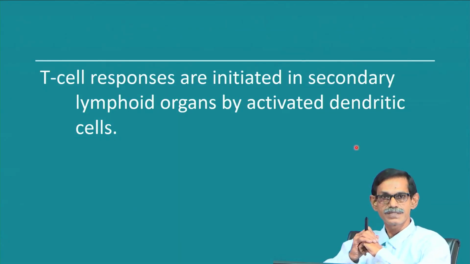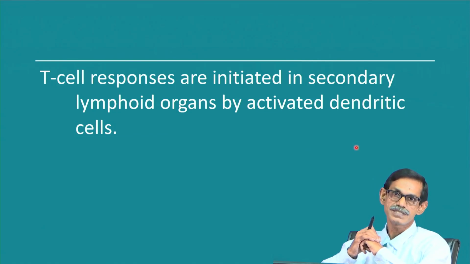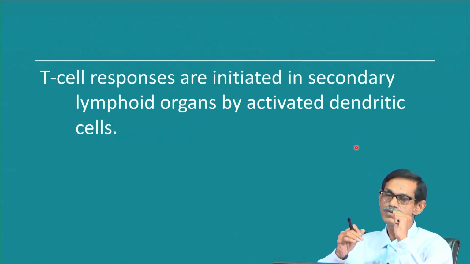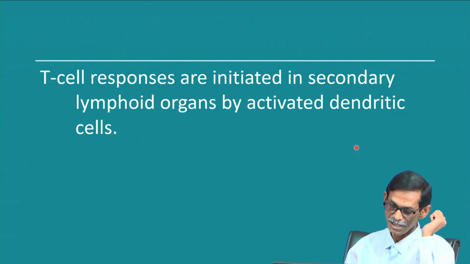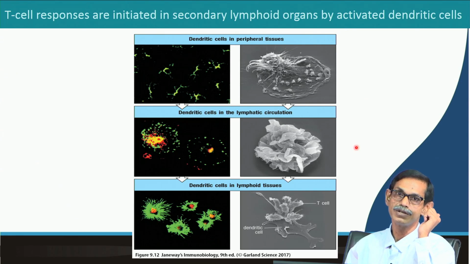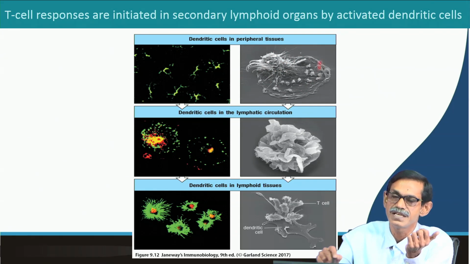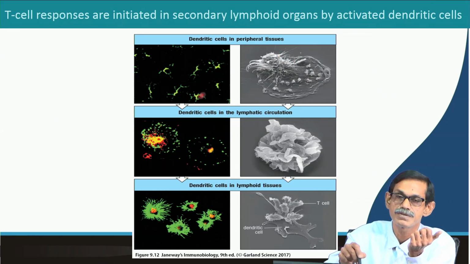And T cell responses are initiated in secondary lymphoid organs by activated dendritic cells. You already know that, because I told you while I was discussing in the very early introductory classes that the dendritic cell is a very important cell for activation of T cells in lymphoid organs, particularly the secondary lymphoid organs. How does it look? Normally dendritic cells have a lot of appendages, you see so many, and that is how the name came. Okay. And in this case, this is the electron microscope and this is fluorescence microscopy,